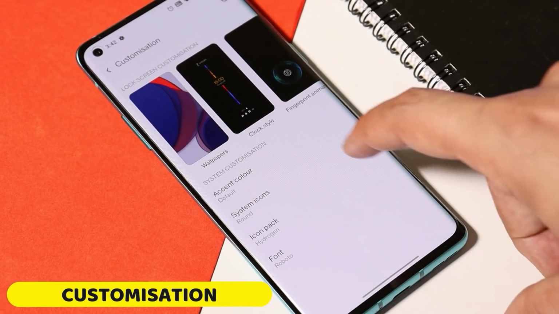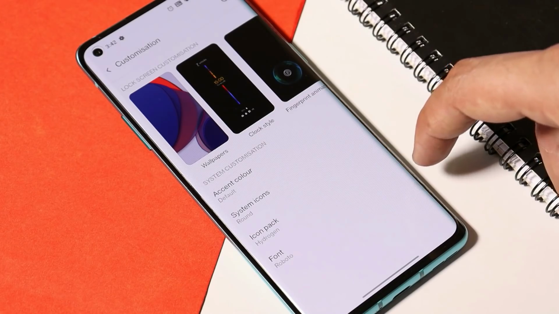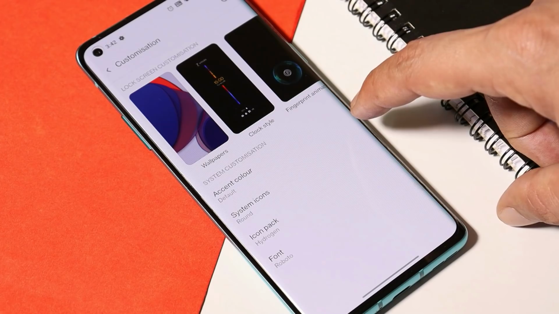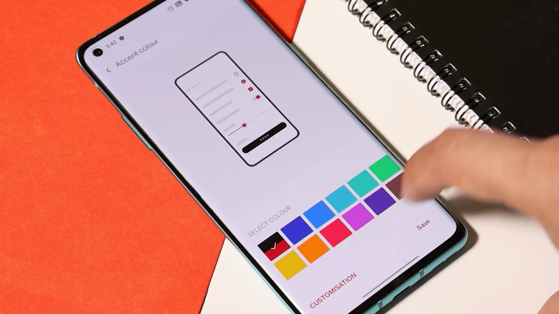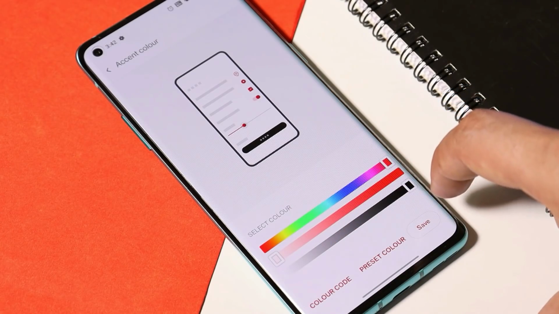Now let's talk about the customization options available on Oxygen OS. So there are no major changes done over here. Theme section has been removed from these customization settings. Now you don't have the ability to change the entire theme. Few pre-installed Essence colors are available, but if you want further customization, you can tap on the customization and set